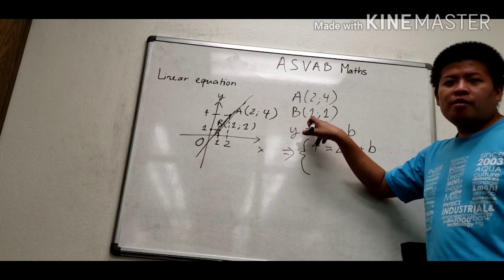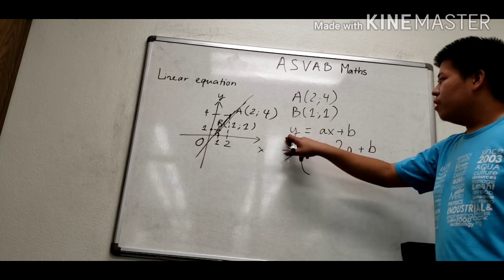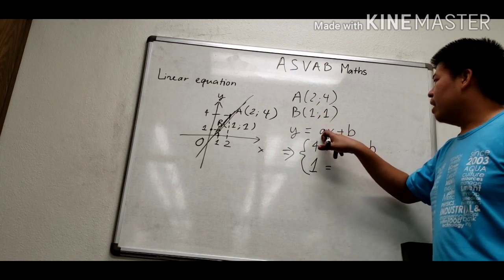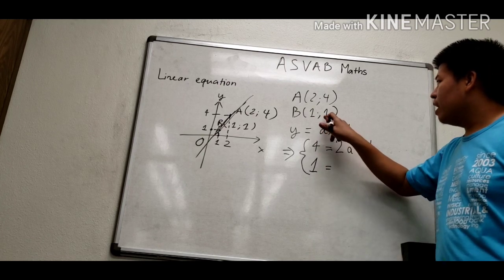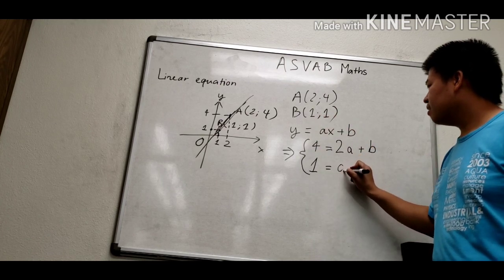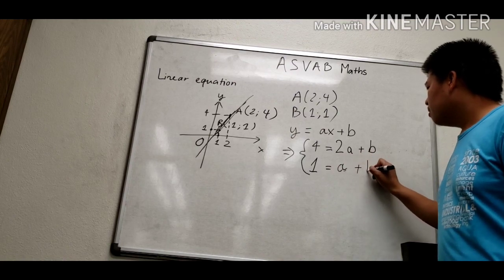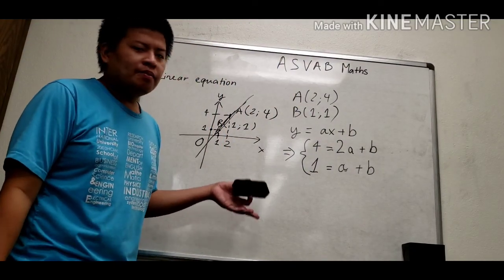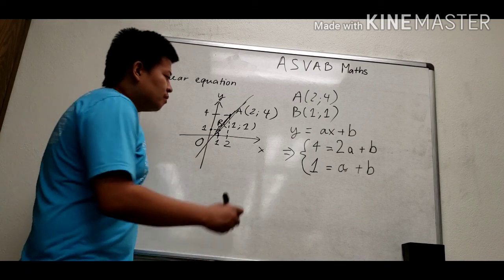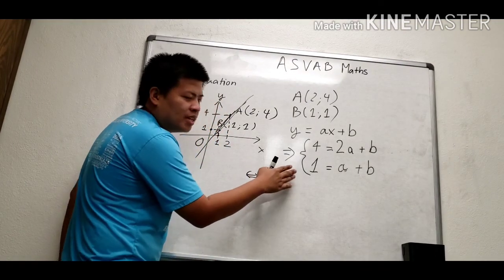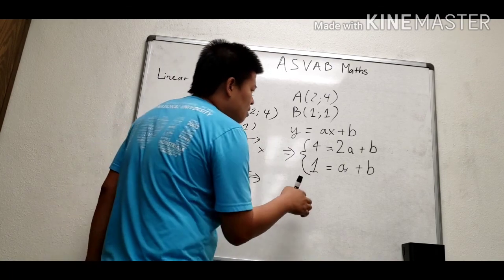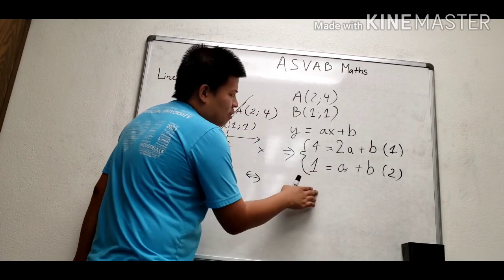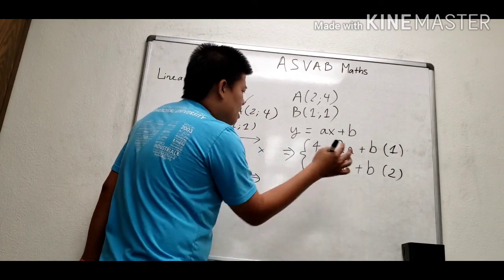Similar for b, we have 1 and 1. We put y equal 1 in here. That's about 1. And we have a x in here. We have number 1 in here. This is about a plus b. So that is similar about the system in equation, and we just calculate about this equation in here. So we have 1 and 2. So we just eliminate b, and we just